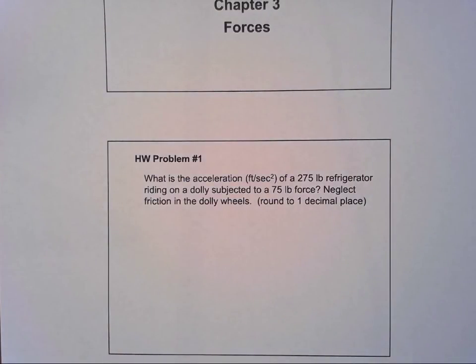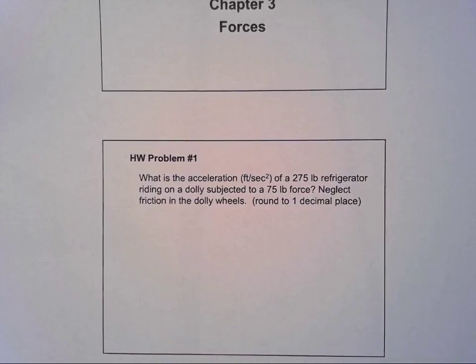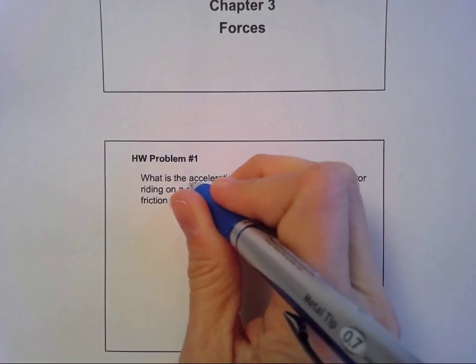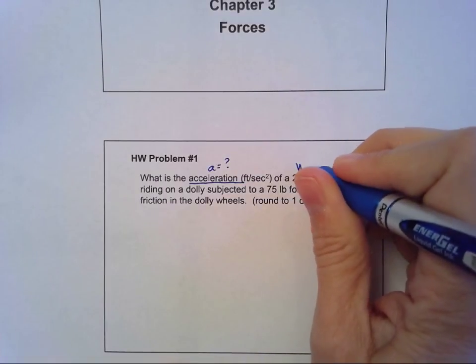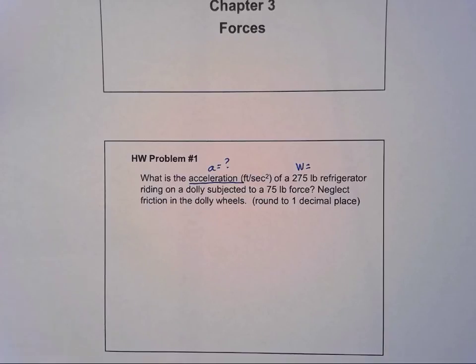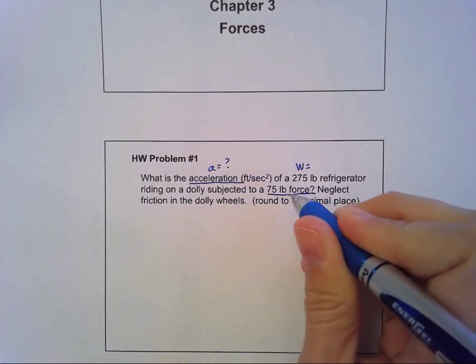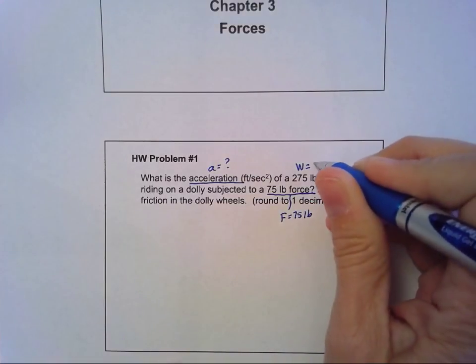Here we're looking for the acceleration in feet per second squared of a 275-pound refrigerator riding on a dolly subjected to a 75-pound force. And we're neglecting the friction in the dolly wheels and rounding our final answer to 1 decimal place. So first we want to get a picture of what's going on here. We're looking for an acceleration, so that's an unknown. But we do know the weight of the refrigerator, that's the 275 pounds, and it's riding on a dolly subjected to a 75-pound force. Okay, so my force here is going to be 75 pounds, and my weight is 275